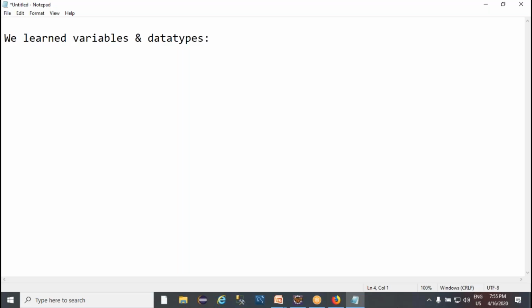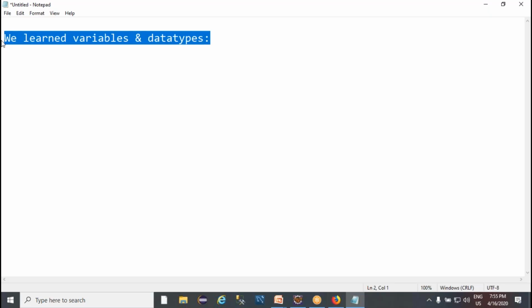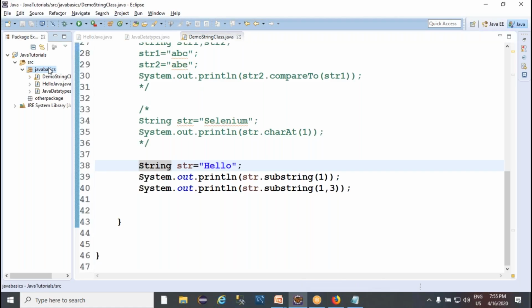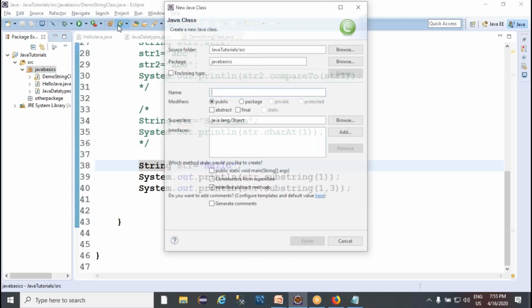Variable is a computer memory address location, which is used to store the data and access the data. While defining a variable, you must specify the data type. Well, first of all, what is the use of this Java concept from a testing point of view? Where do we use it? Whatever we are learning in Java, understand where we use it in testing. Say for example, here,